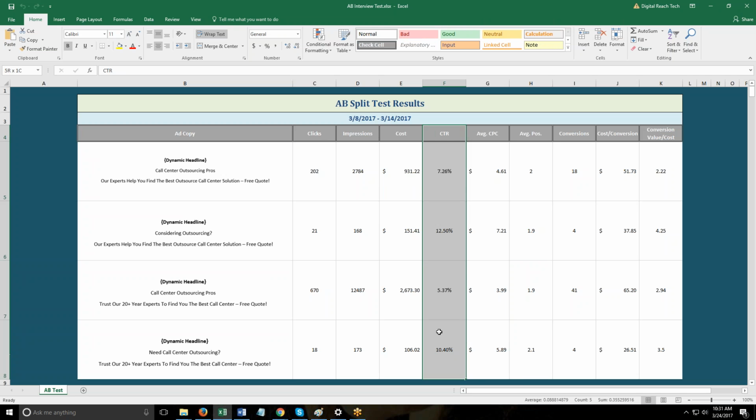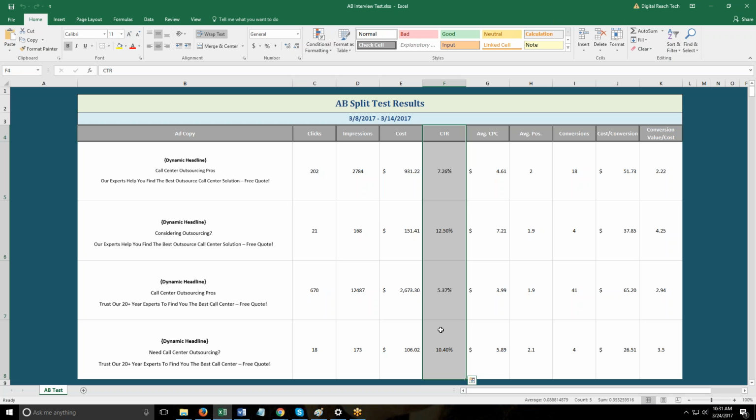All right. So we skipped over click-through rate, and click-through rate, I'm going to tell you right now, is definitely the most important variable on this spreadsheet. That doesn't mean that you only look at click-through rate. You still have to take the other stuff into consideration, but click-through rate is definitely the most highly weighted thing on this spreadsheet. And the reason that's true is because click-through rate is the most dominant variable within Google's algorithm